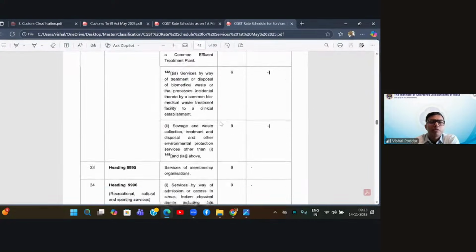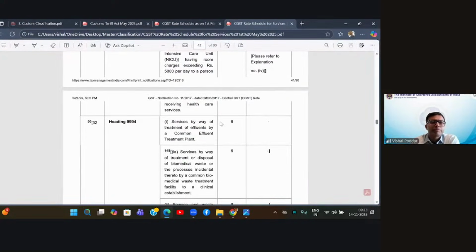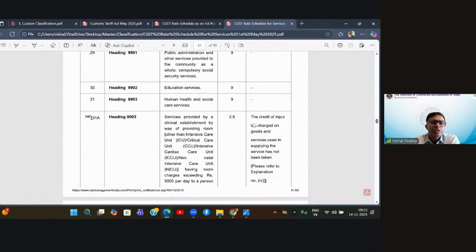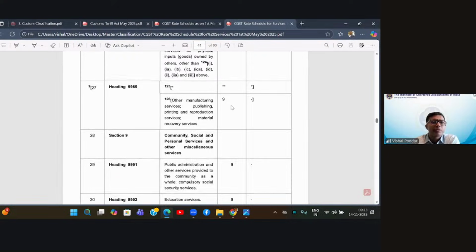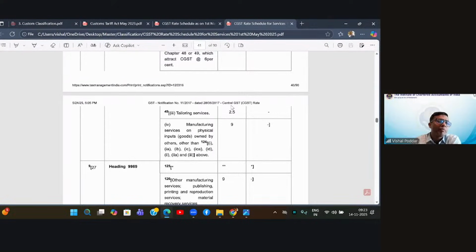Now see, these are the rates. In GST, you have this one column for putting any additional condition if you want. For rate, there is nothing written for units. Why? Because all our rates are in percentage, because in GST we have only one method of charging GST, that is ad valorem, that is percentage of value. Correct? So I've shown you WCO, I've shown you customs tariff, and I've also shown you GST tariff. I hope now it is clear.